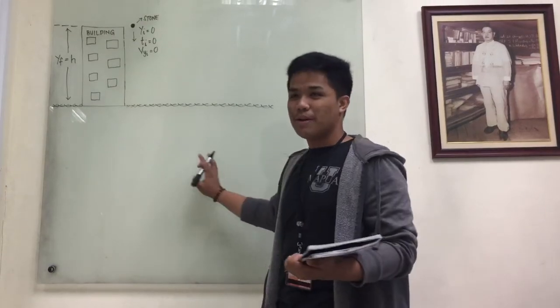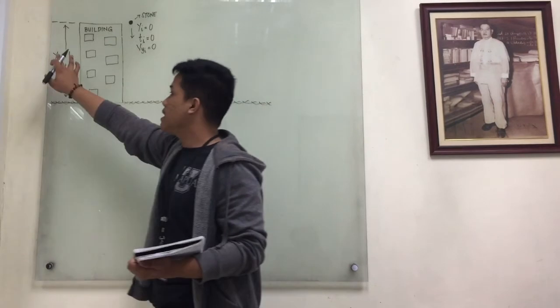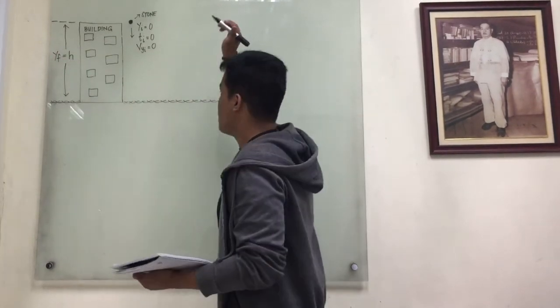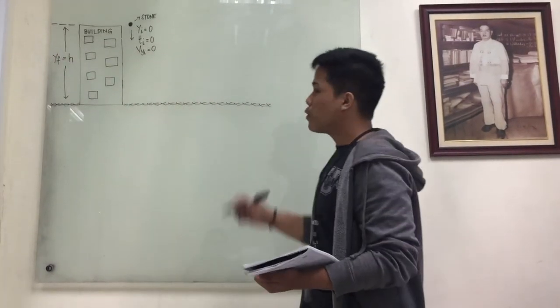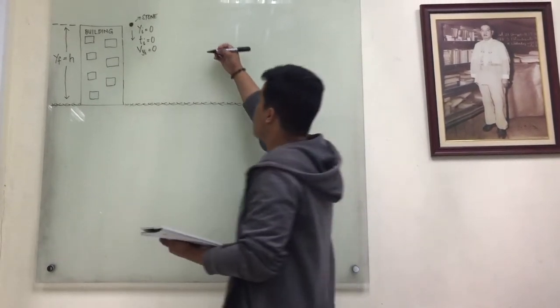So in this example, we set a reference point at the top of the building. So YF is equal to H, which is the height of the building. So to compute for the height of the building, we use the kinematic equation. So YF